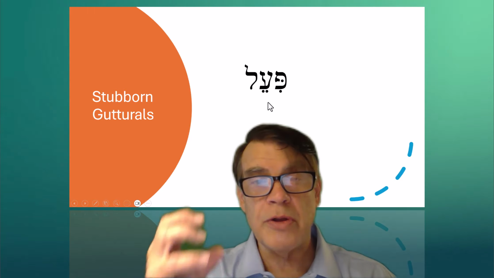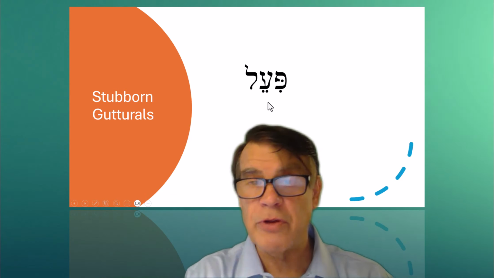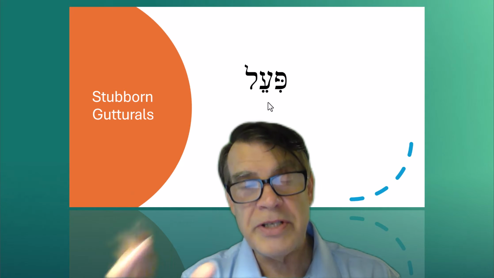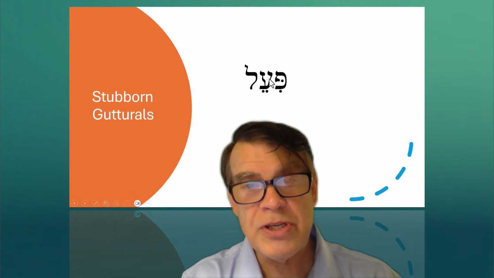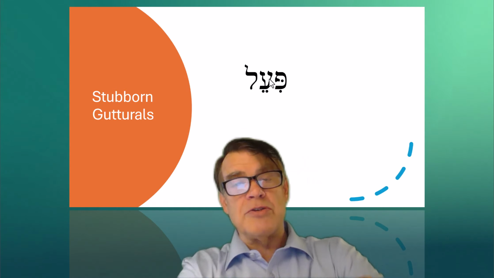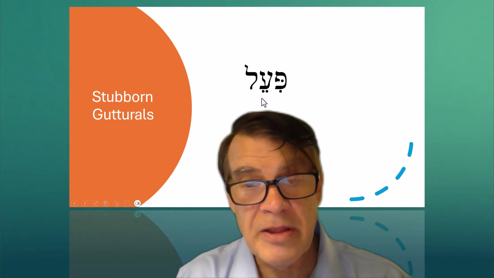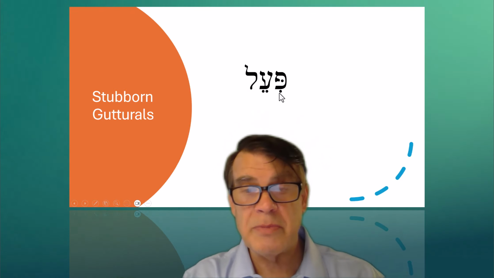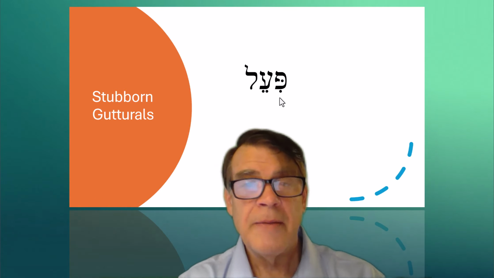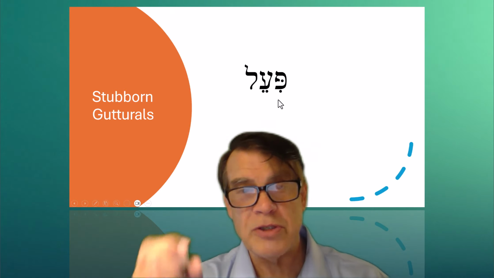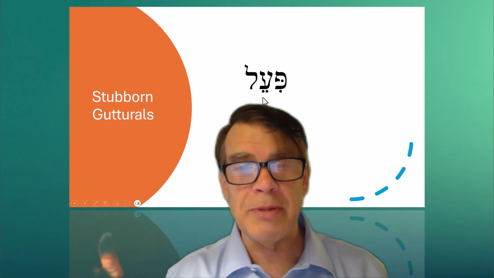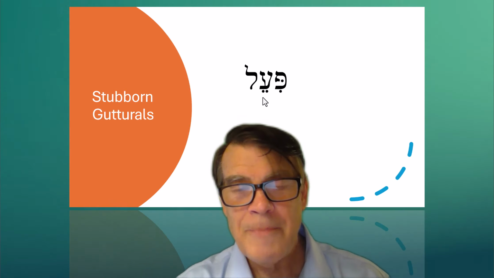This is what's called a D stem or a PL stem. We've learned about it in this series. And in the PL or D stem, the second letter is supposed to double. But ayins say, "I don't do doubling. It's not in my contract." So what happens, now the vowels haven't changed at all here. Sometimes this first vowel will say, "Well, I've got to pick up the slack for you, lazy ayin," and maybe you have what's called compensatory lengthening. In this case, nothing's done. It's virtual doubling, meaning nothing happens at all. But anyway,